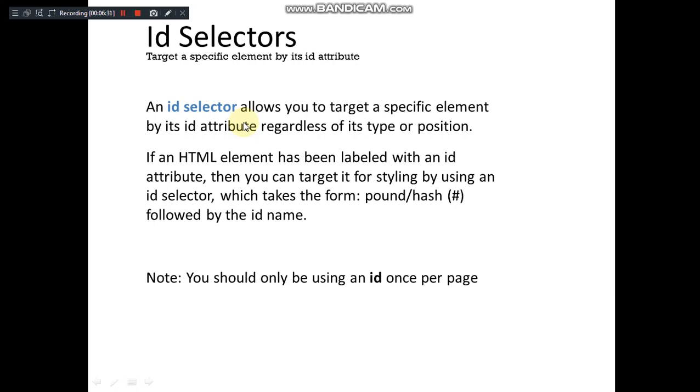The value of the identifier cannot be repeated for any other element within an HTML document. It should be unique. So it is applicable for only a specific targeted element only. Usually we precede it with a hash symbol in order to identify it as an ID.